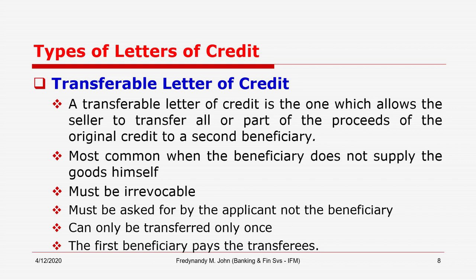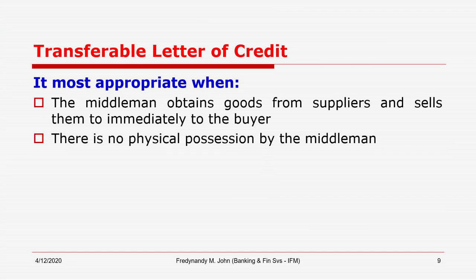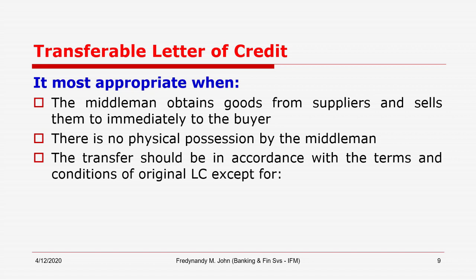This type of letter of credit must be irrevocable and can only be transferred once. This type of letter of credit is suitable if the middleman obtains goods from suppliers and sells them immediately to the buyer. That is to say, the person who has negotiated the deal is not the actual person who will really supply the goods. Probably that person is the middleman, and so he intends to procure the goods from